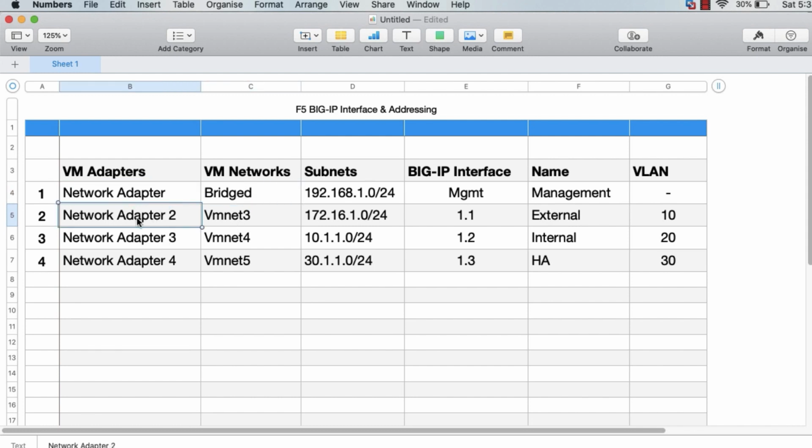Now I need to map adapter 2 to VMnet 3, or you can say VMnet 3 to adapter 2. People ask why not 3, why not 4? First of all, VMnet 3 is for external because they are using the same IP range. So I will check the MAC address of this external and verify which network adapter has that MAC address.